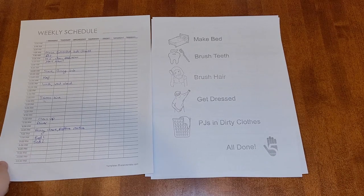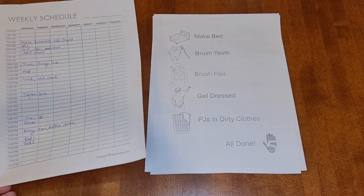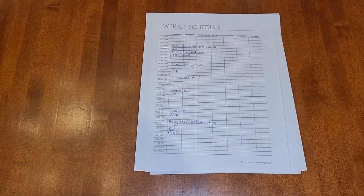They've been doing them for so long now that they don't really need this chart so much, but we still have it up just in case. And then the other thing that they have to do once they're done with their high five chores, they'll come and get their high five, and I'll remind them that they have to pick up anything that's on the floor